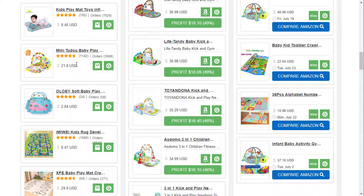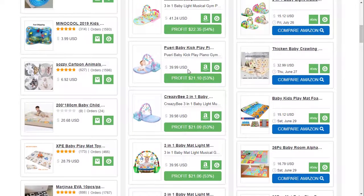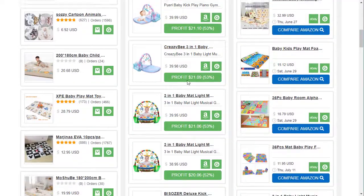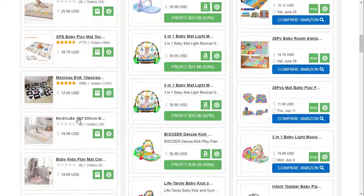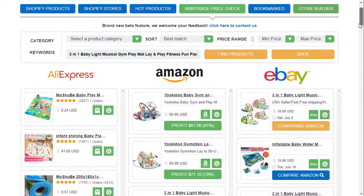So we can go ahead and get an idea that we can get it for $21 over at AliExpress and then drop ship it for prices that are somewhere in this range of, between $100 all the way to $40. So we at least know that we can double our profit here, or double our 100% ROI on the product that we're getting from AliExpress. So this is a very useful tool for trying to figure out what kind of pricing you should do for